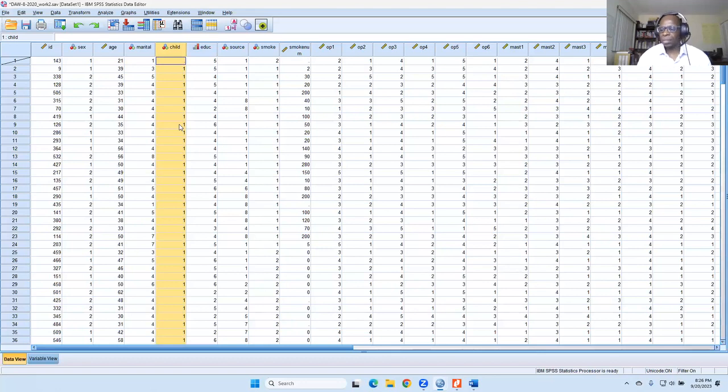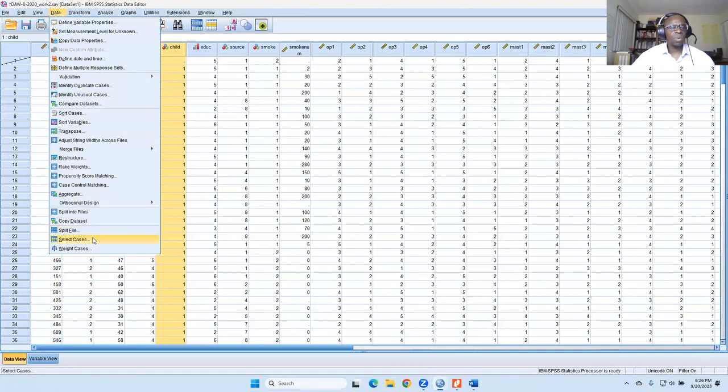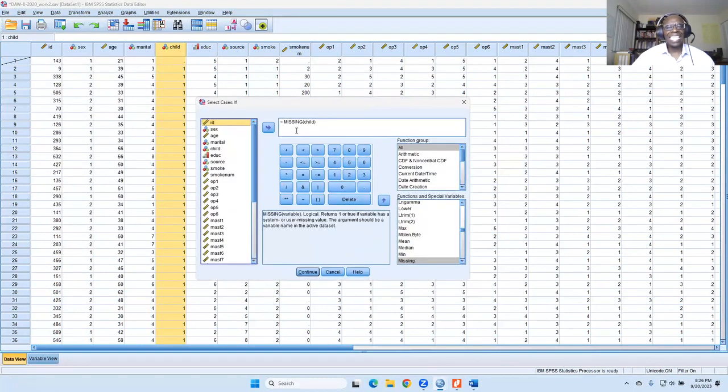If that makes sense, type in A1, okay? Essentially what we're saying here is select the cases that do not have a missing value for child. That's what that little squiggly line means. It means is not missing the child case, okay? Because if we took that out, we are telling it select the cases that are missing. We don't want to select the cases that are missing for the analysis because they're blank.